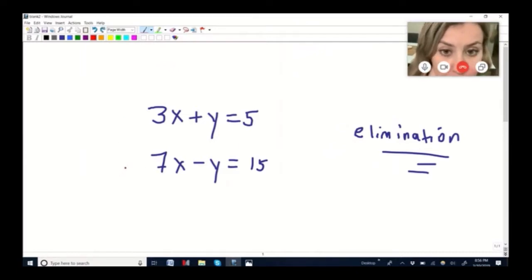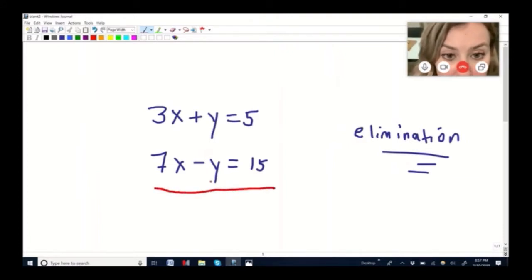And by the way, you can add the top equation to the bottom equation as long as the equal signs are lined up and you've got the x lined up over the x and the y lined up over the y. And this, we call a constant. When the constant is lined up over the constant on the other side, then you can definitely add these together. Now, different teachers would place different emphasis on how much you need to demonstrate that you're adding them, but I'm just going to do this for now.